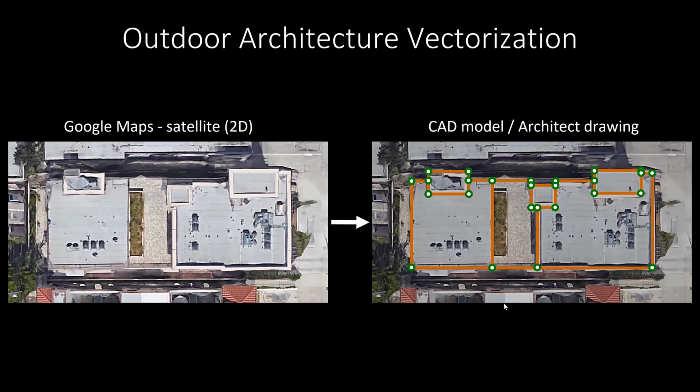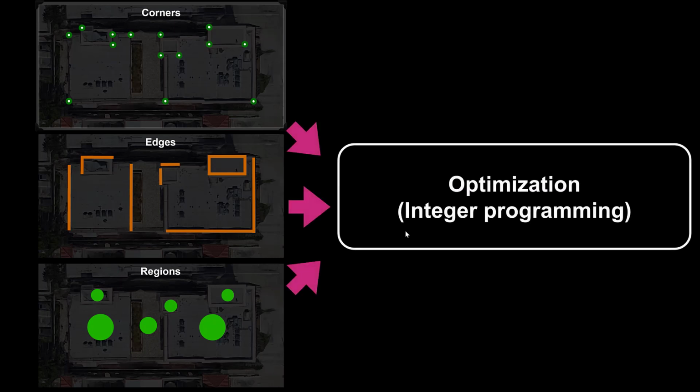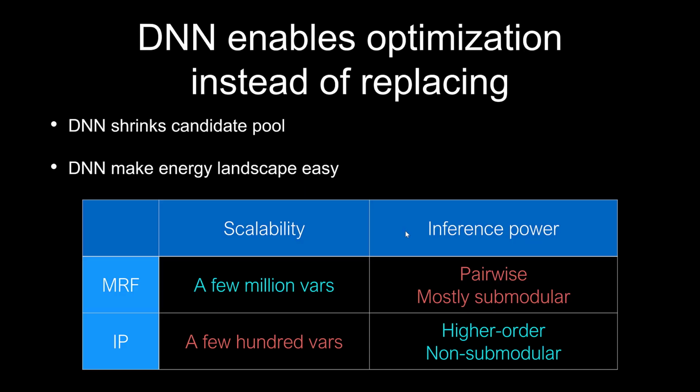So this time, maybe think about outdoor architecture vectorization. Take, say, a Google Maps satellite image, trying to parse architectural structure like a graph, a planar graph. So you may do it using a detector, corner detector, edge detector, or region detector. Use some optimization, so integer programming, and you get the model. That's what we did. And